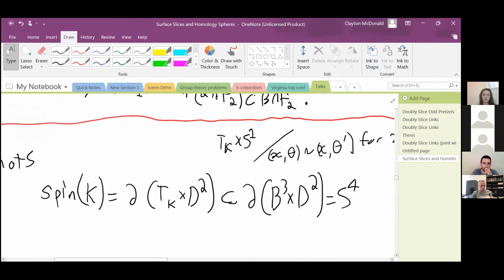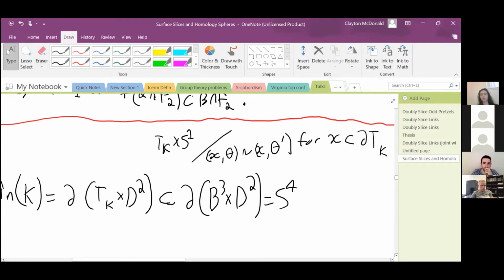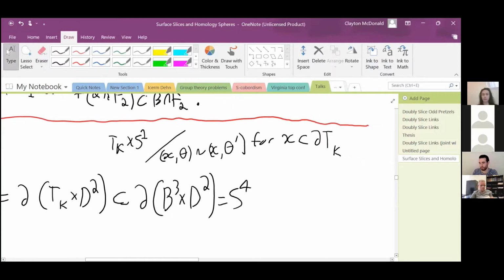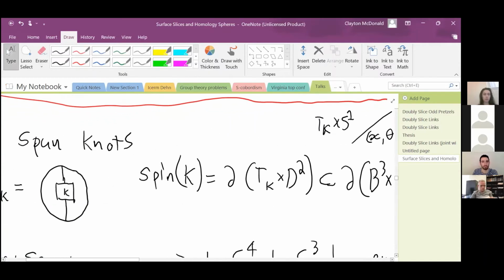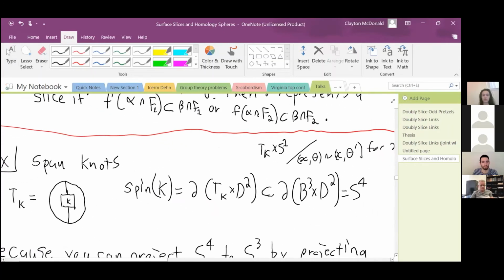So what spin of K is, is basically the boundary of that tangle cross D2, which naturally lives in the boundary of B3 cross D2, which of course is S4. The other way you can think about it is, rather than doing this boundary of crossing with D2, you can think about it as cross S1, but then you need to crush the boundary fibers. So for anything in the boundary of the tangle TK, you would have to identify those all together. It's just this boundary operation that does that for you. Okay, so we have this example of our knot,